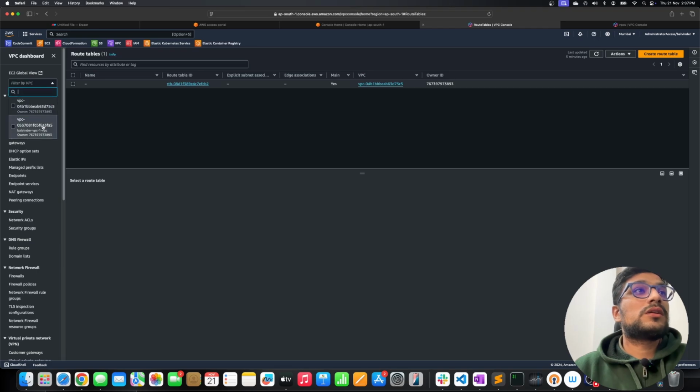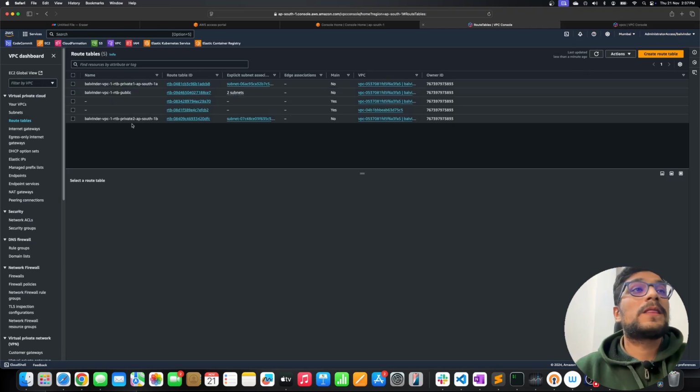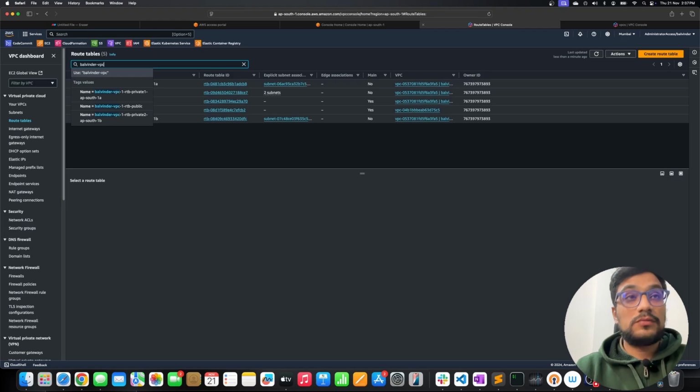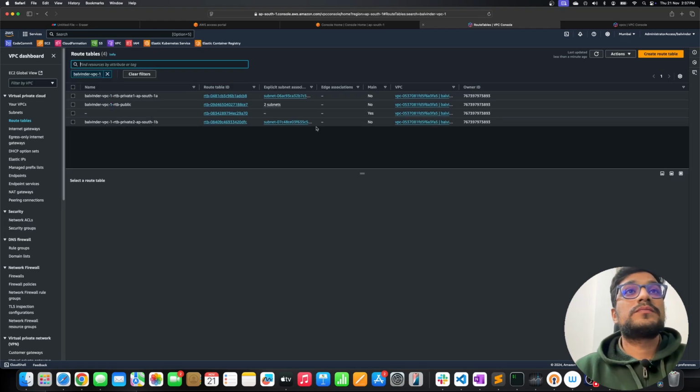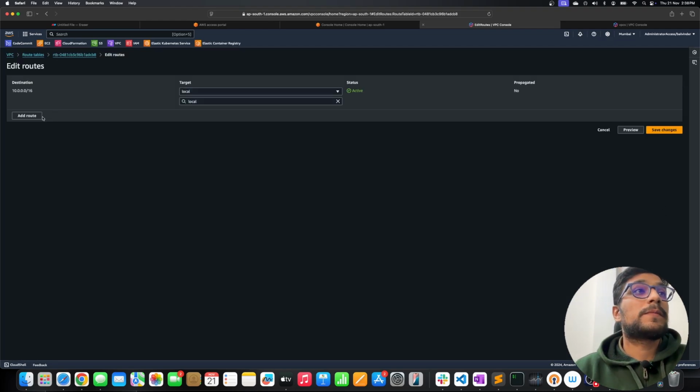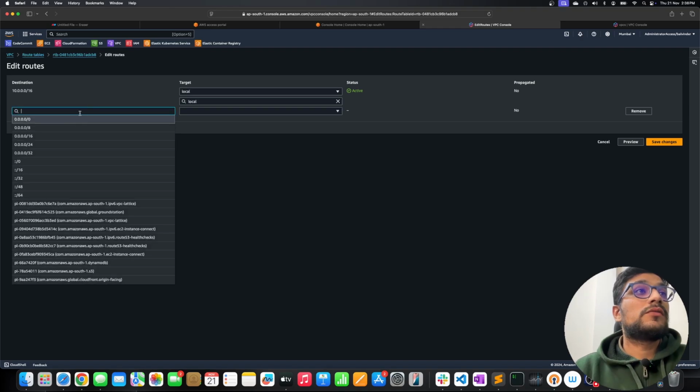I'll have to select, okay, just a second, I'll have to refresh this page. Yeah. So these are the route tables from the VPC1. I'll just quickly filter it out. Balvinder VPC1, right? So in this route table, I'll have to create a route. As of now, this is the default route which got created. I'll just edit this. I'll add a new route, which is